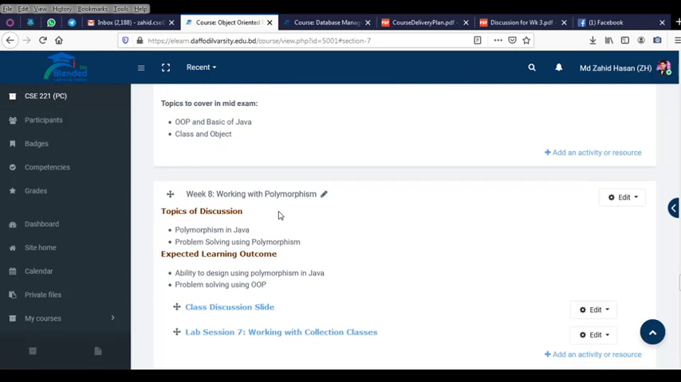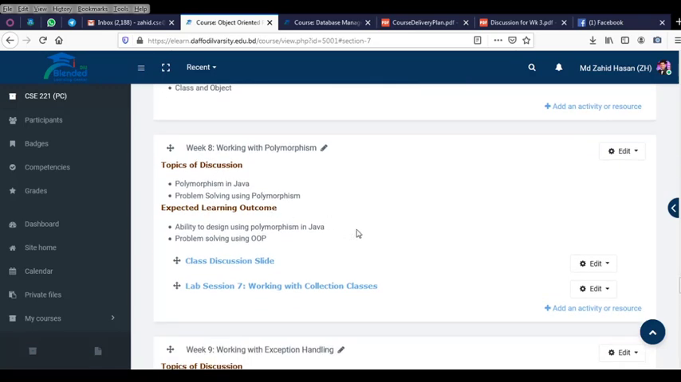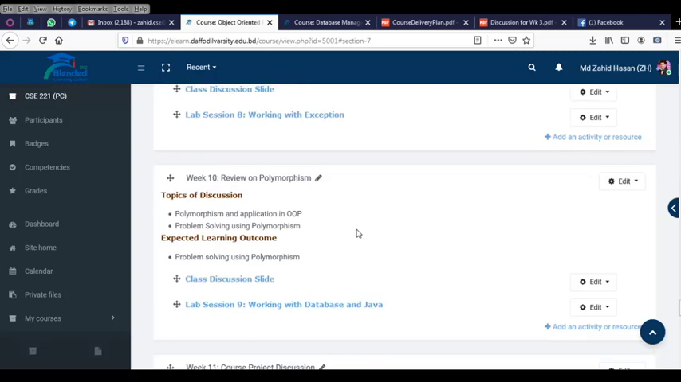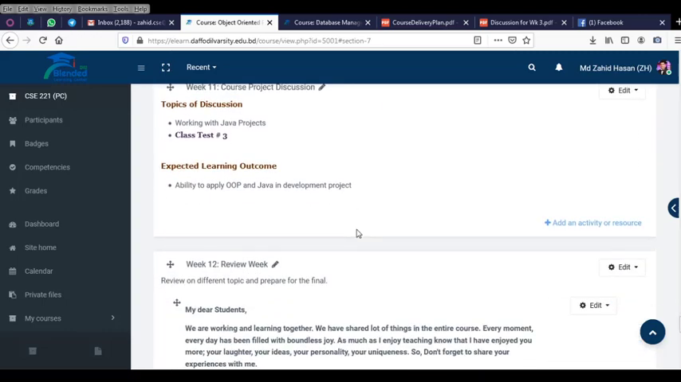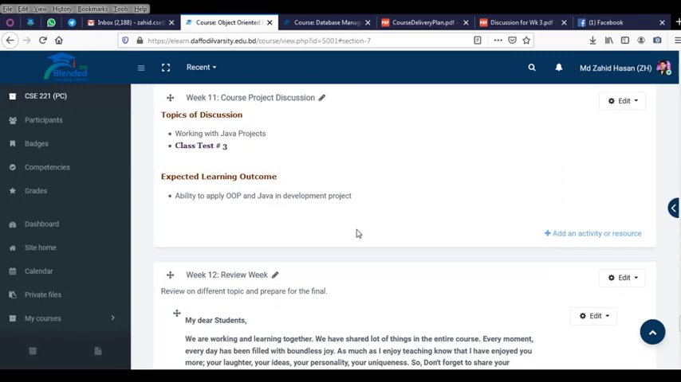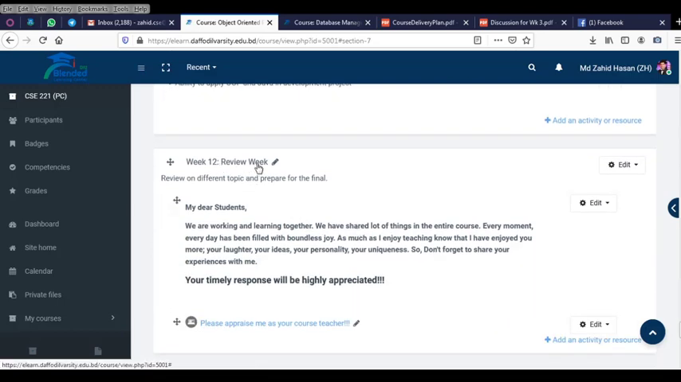After completing the midterm exam, we will see here the topics of discussion and expected learning outcomes. In the same way we will cover a total of 12 weeks, and then week 12 is the review week, where we talk about the whole course. So we will look at what we have learned from the weekly lessons, and we will try to find out whether we have achieved the course outcomes, and then after that